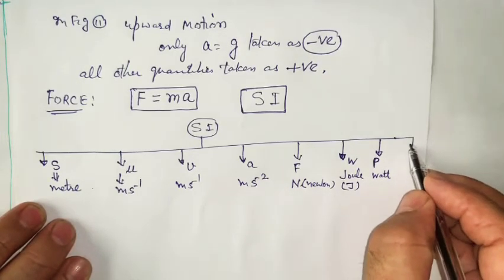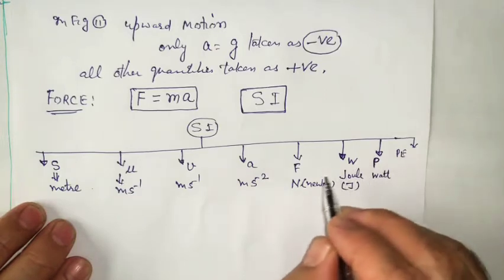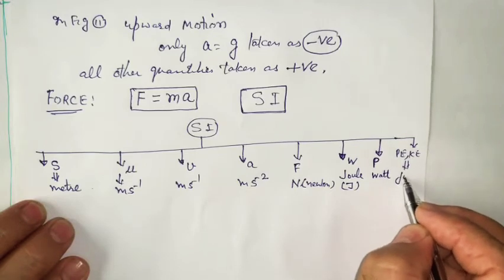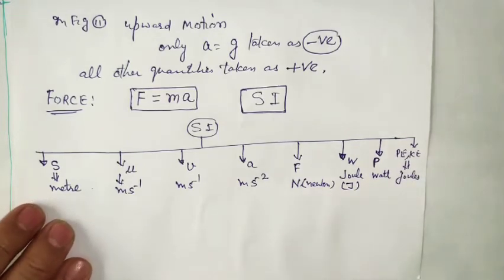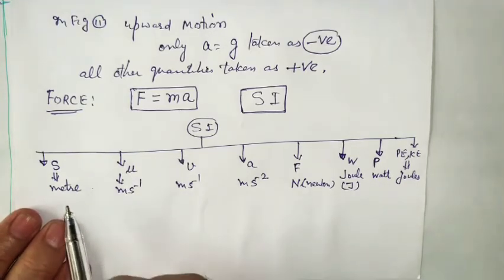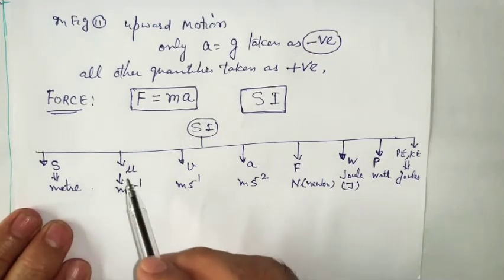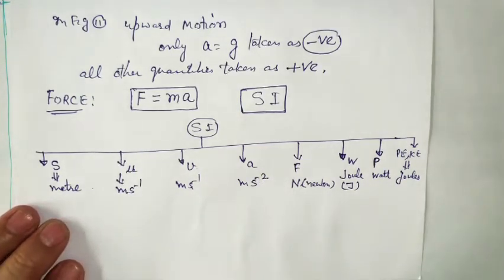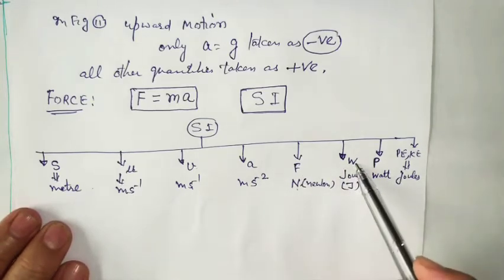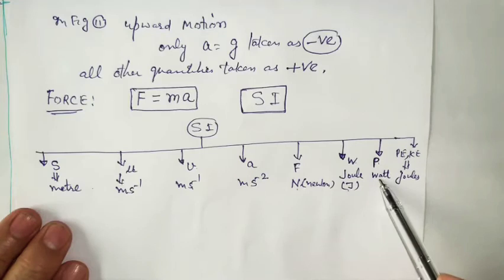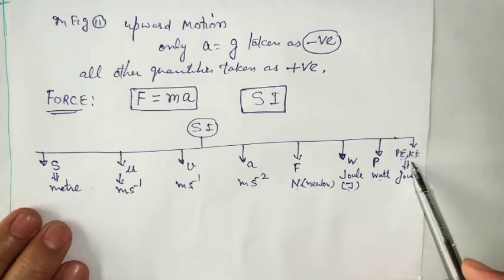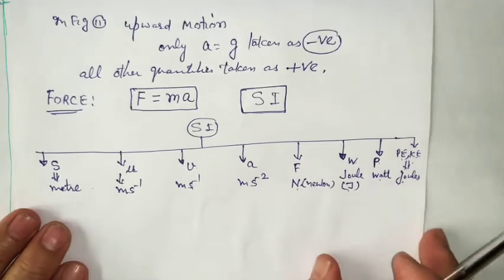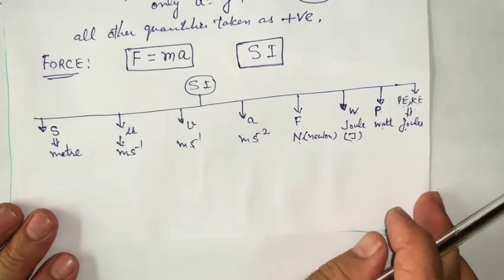You will use the energy, like potential energy, kinetic energy, these are also in joules. So in numericals, distance is in meters, u in meter per second, v in meter per second, acceleration in meter per second square, force is always in Newton, work is always in joules, power in watt, potential energy, kinetic energy, whatever be the type of energy, that must be in joules.